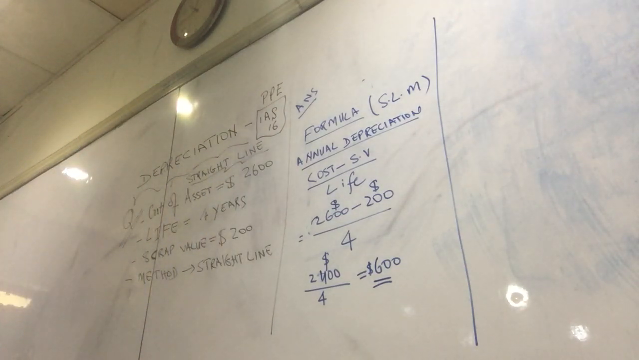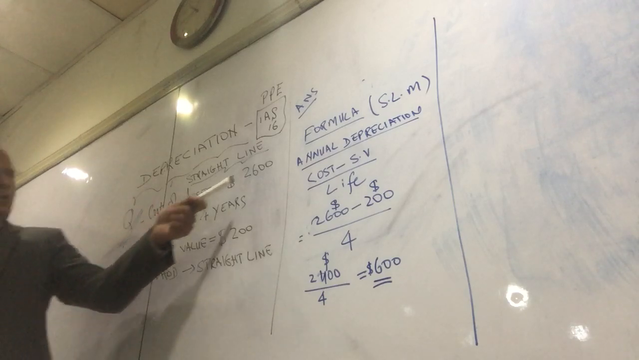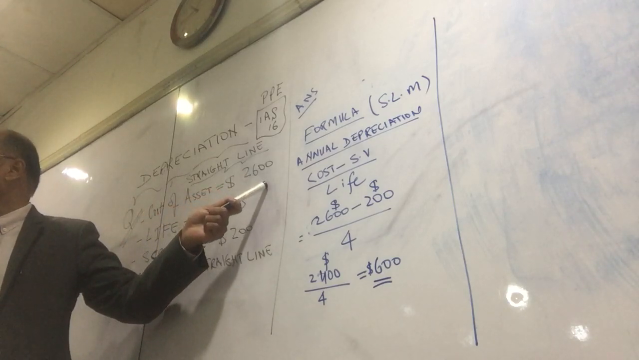Now we go further. So the cost of the asset was 2600. Why do we